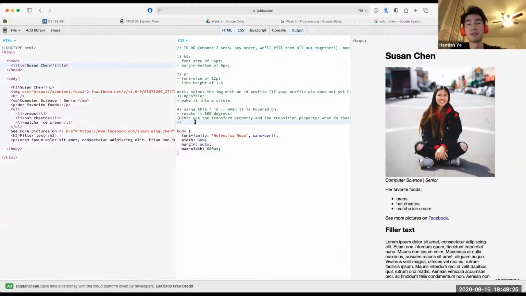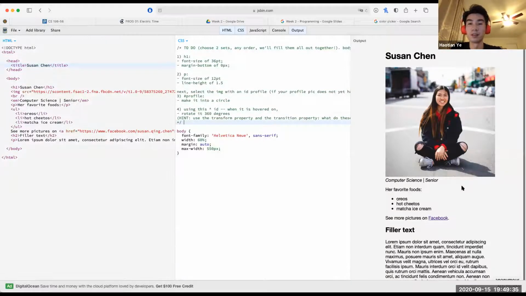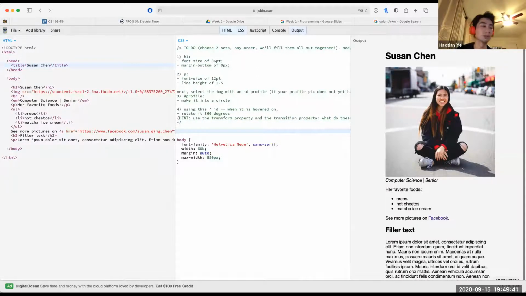If you open this, you'll see a comment that shows a couple things that I want you to do. We'll just go through this one by one. This is a little nicer version of homework 1 of our very awesome TA, Susan. She was fortunate enough to let me use her as an example for the demo. The first question is that for H1, we want the font size to be 36 pt and margin bottom of 0 pixels.